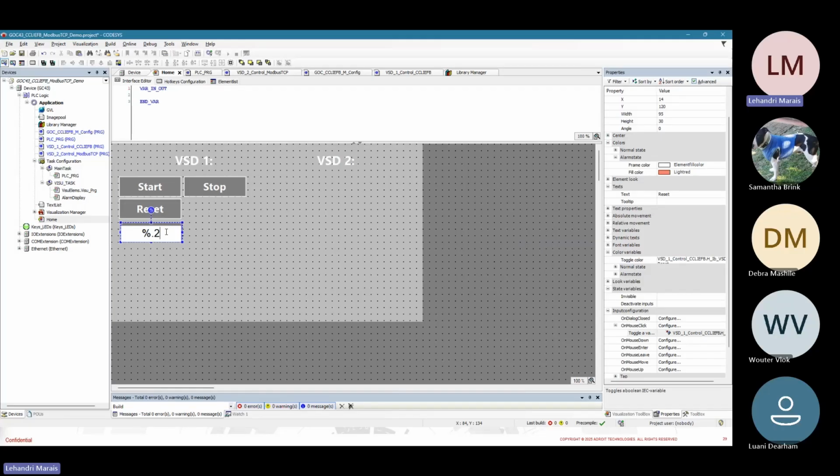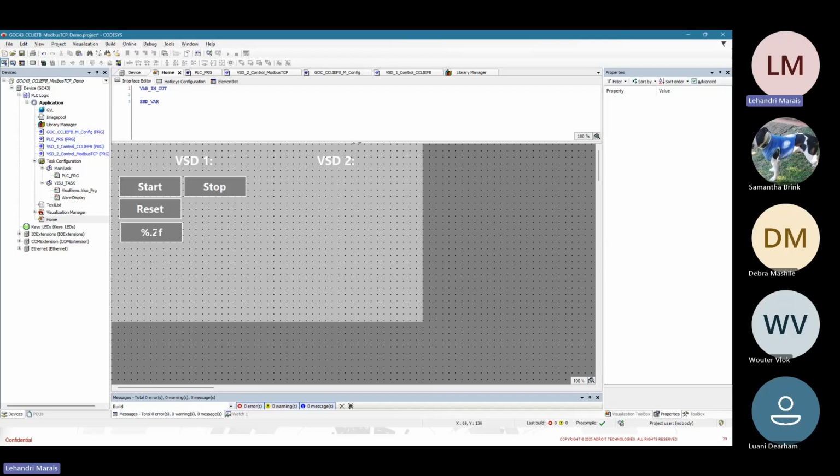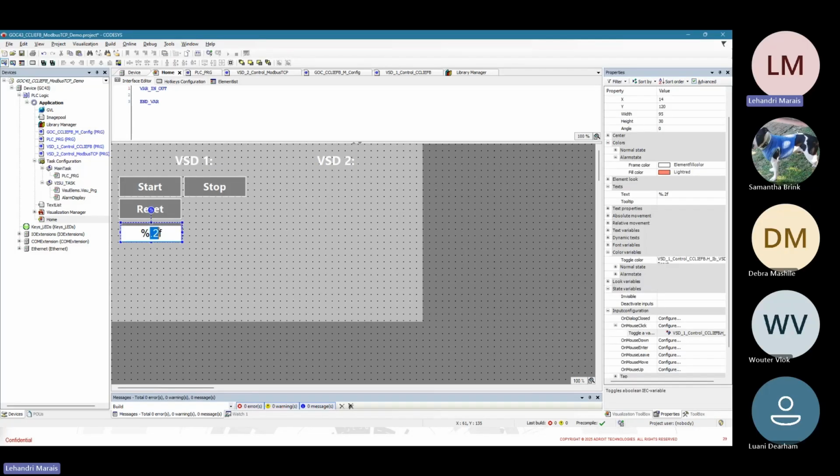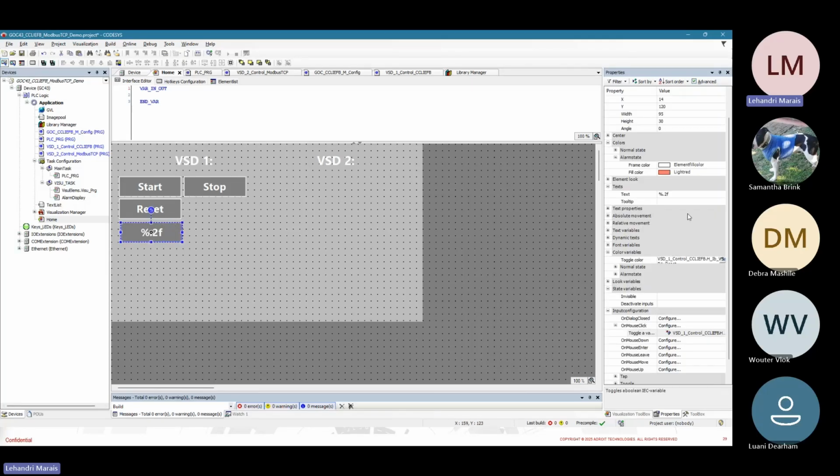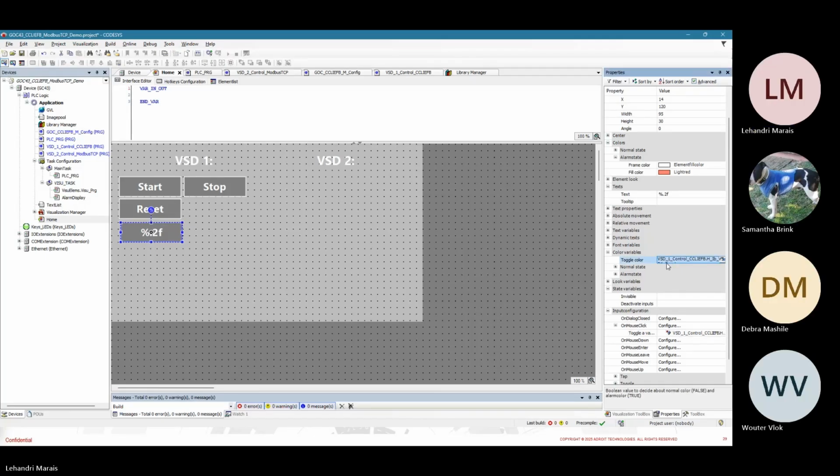If you recall, the input variable that I have set up is of type float, so the placeholder will be %f, and the .2 just indicates that it displays up to 2 decimal points. So this is starting to set up for displaying what frequency the user has set,